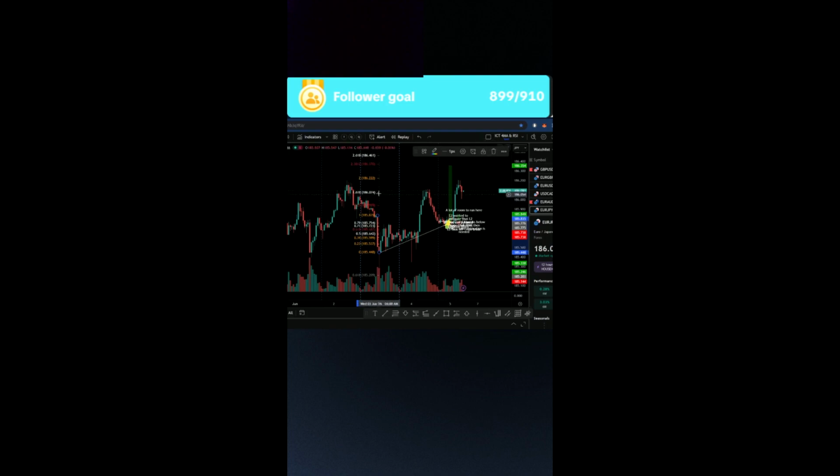So, actually, let me leave the fib on. If we go to 238, that would be a way to collect some profit. I would either have your target one, well, this is your target one really, and then your target two, TP2, would be probably around 238, and then TP3 is your 2618, or if you want to let it run longer, you can go to